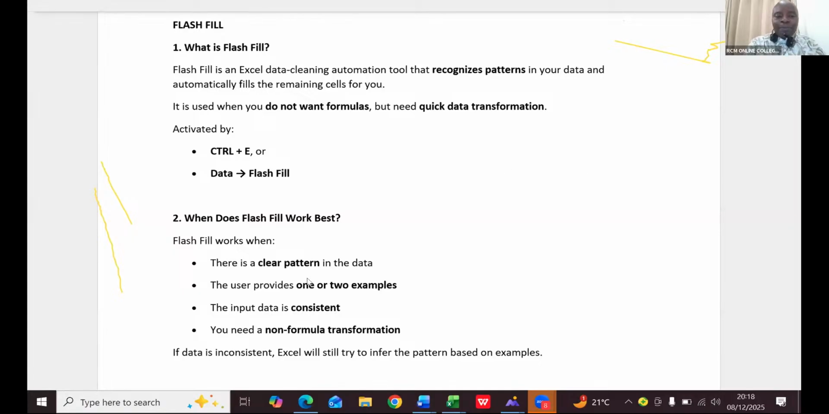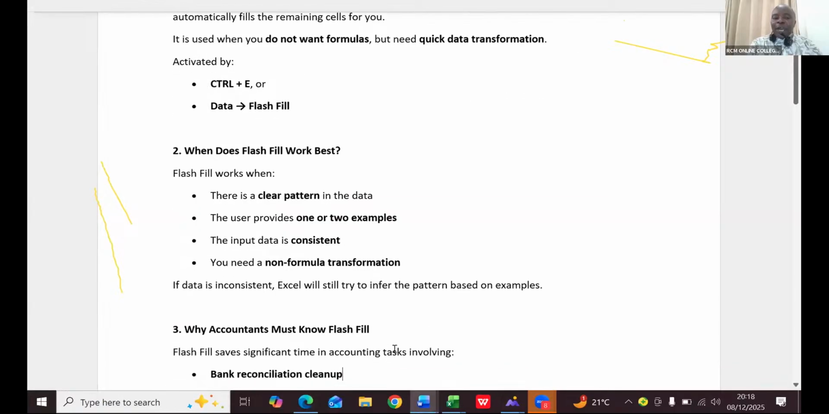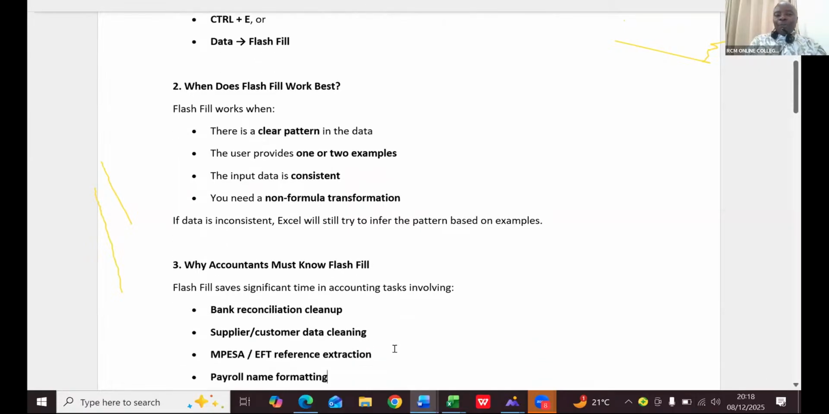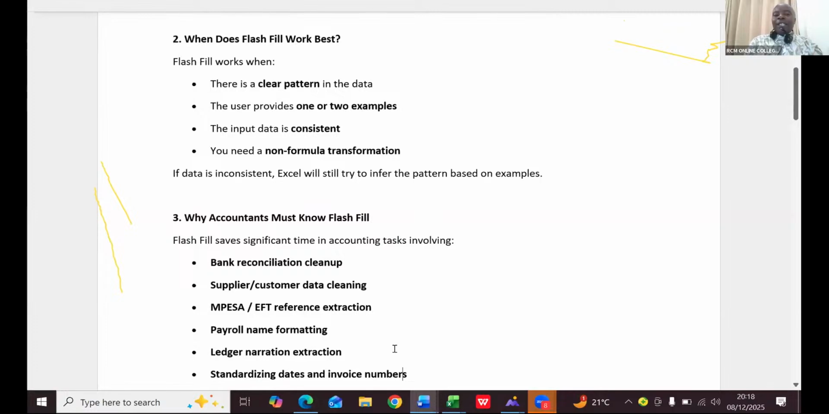You need a non-formula transformation. If data is inconsistent, Excel will still try to infer the pattern based on examples. Why must accountants know Flash Fill? I normally use Flash Fill at my workplace, especially in my audit firm, every other day, because I run an audit firm by the name of Aura and Co. Flash Fill saves significant time in accounting tasks involving bank reconciliation cleanup, supplier and customer data cleaning, M-Pesa EFT reference extraction,